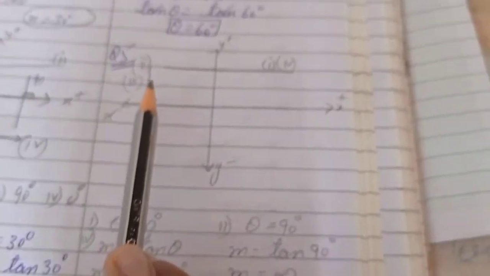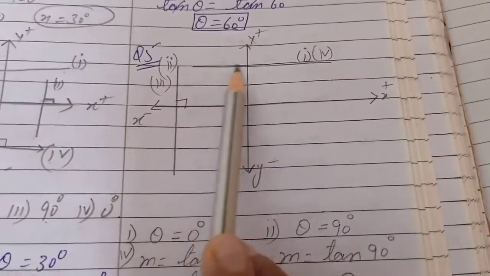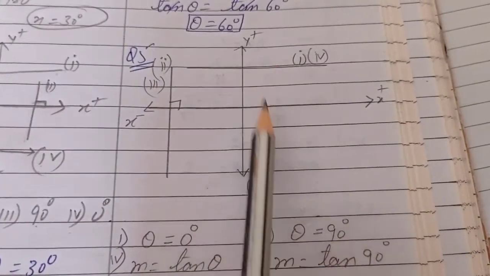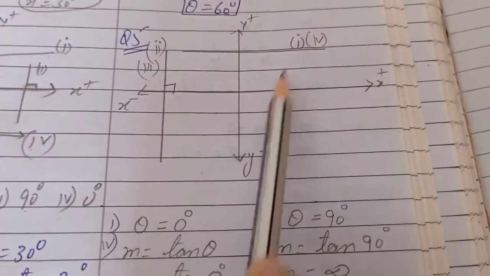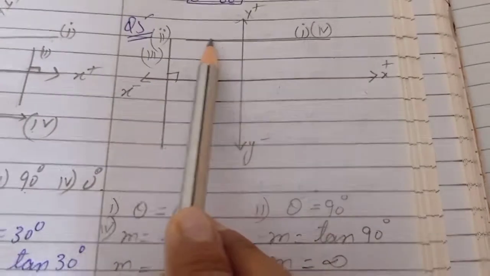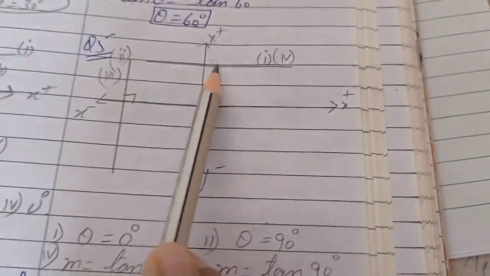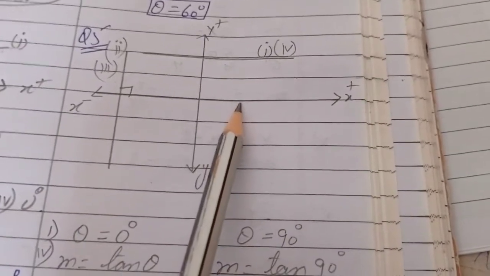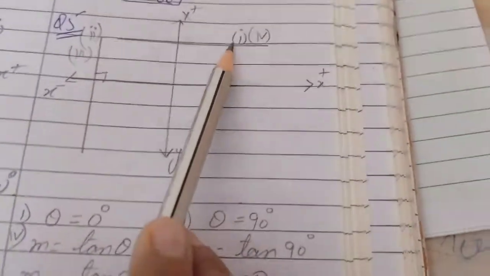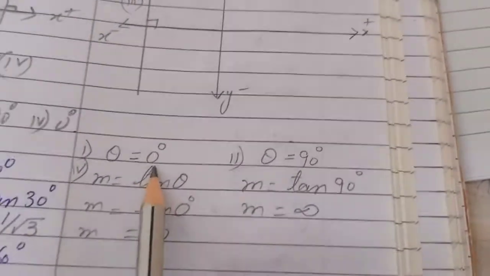Next, fifth question. Write the slope of line which is parallel to x-axis. See children, parallel to x-axis means this. No angle is formed between axis and this line. So theta will be 0. Okay. Fourth part of this question, perpendicular to y-axis. This line is perpendicular to y-axis also. If it is perpendicular to y-axis means parallel to x-axis. Again, of fourth and first part, this is the line obtained. In that case, theta is 0.